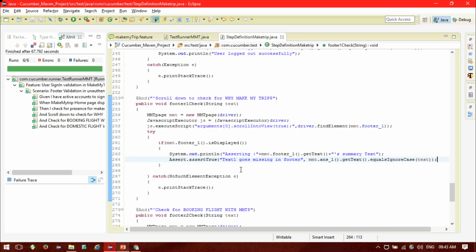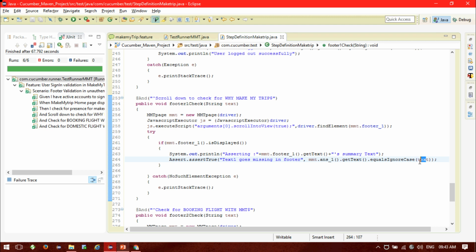Okay, so assert true, text was missing in footer. If it is not able to find the expected text in the web page, then it will show us the message. And what I'm doing for that is webElement.getText and then equalsIgnoreCase, checking the docstring text that I passed inside the method. I will be checking this.